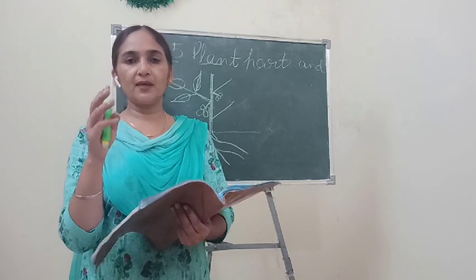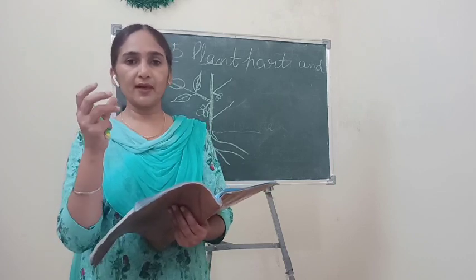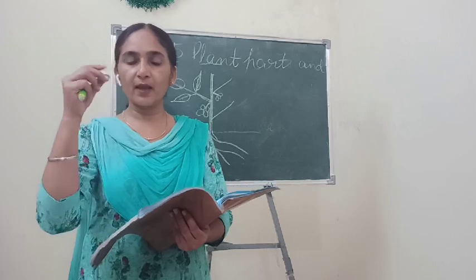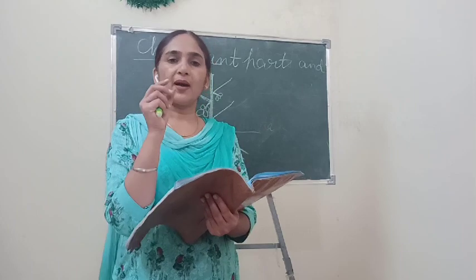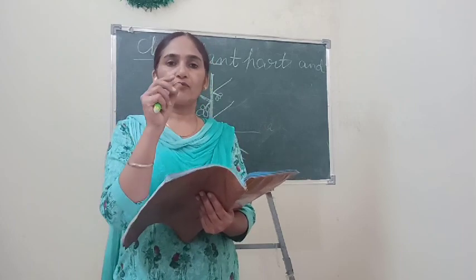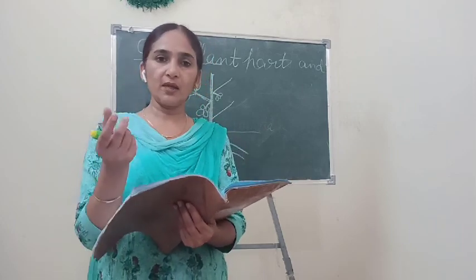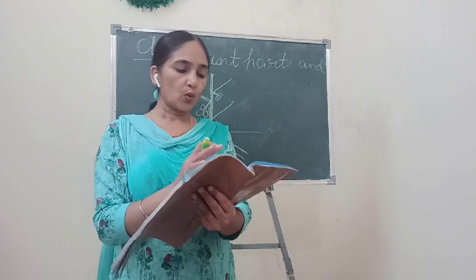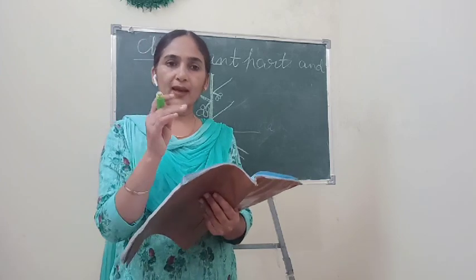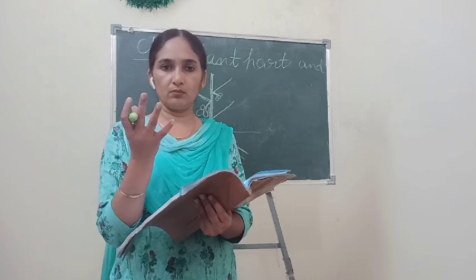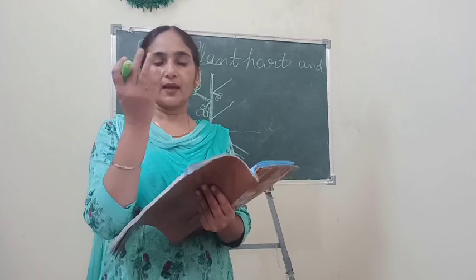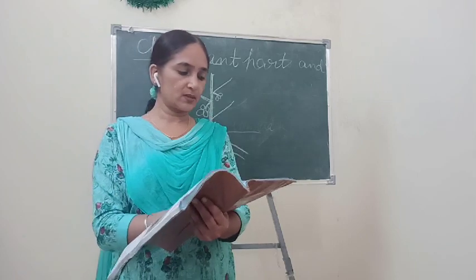From that bud, some buds are leaf buds. From those buds, leaf can be originated or leaf can be formed, or some buds are floral buds from where flowers can be formed. So those are the bud condition, and when they mature, then flower can bloom. Means khil jata hai. Flower can bloom from those buds.